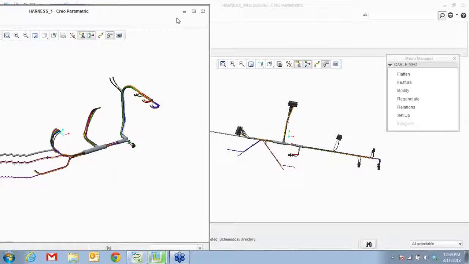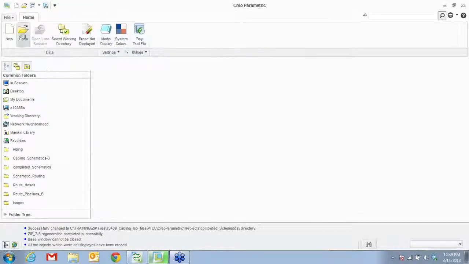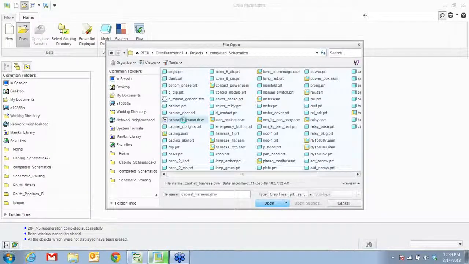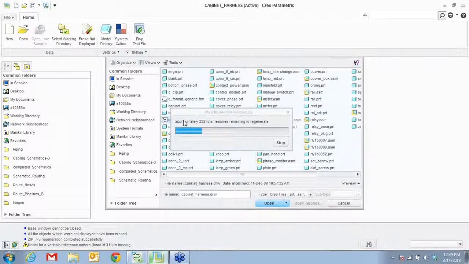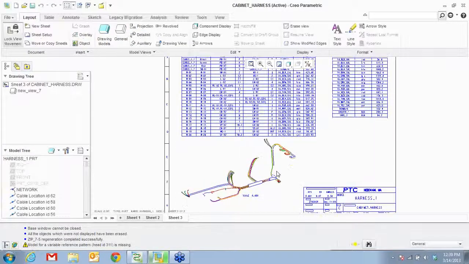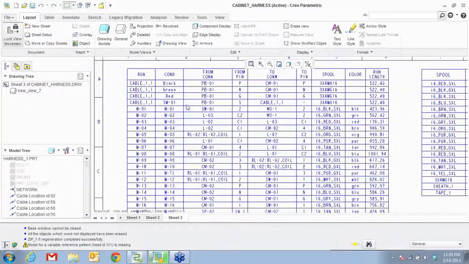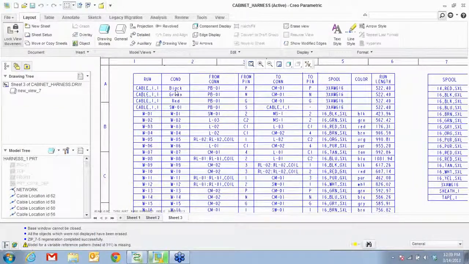You can also go ahead and create your drawings, and this drawing is going to contain all your schematic information, all your cabling routing information. You can see right here all these are read from your schematics in terms of cable, color, from connector, from pin, to connector, to pin, spool, and the length.